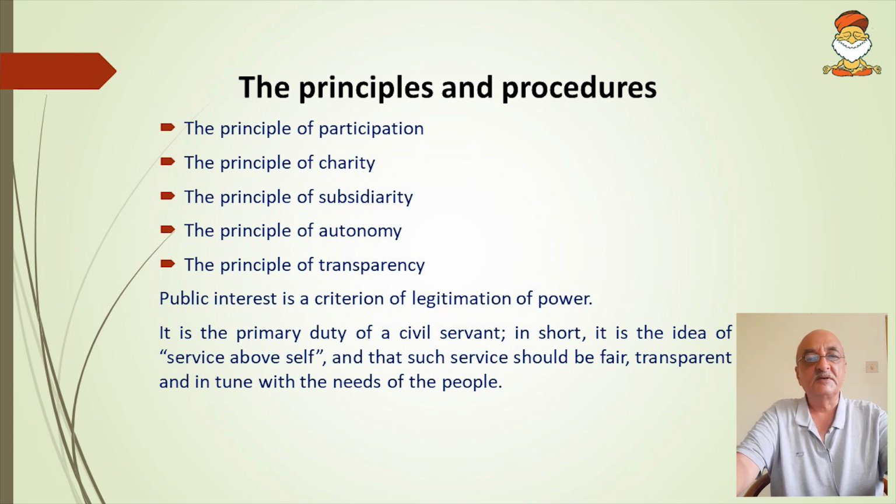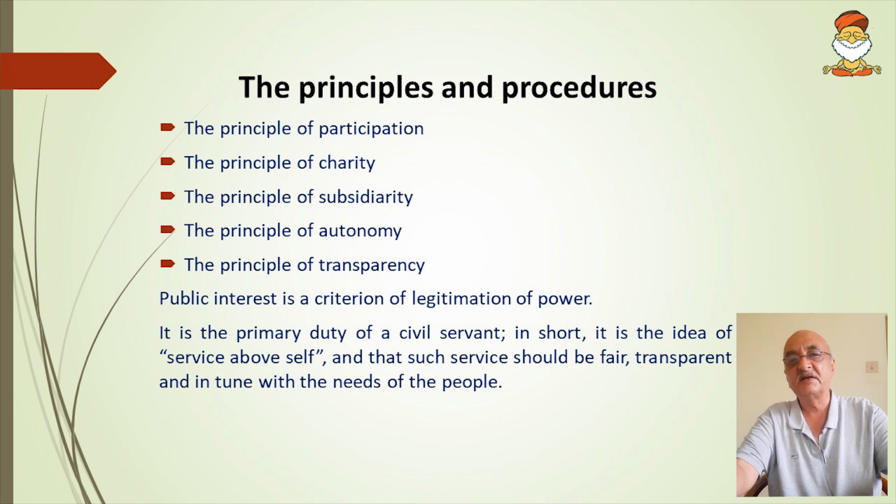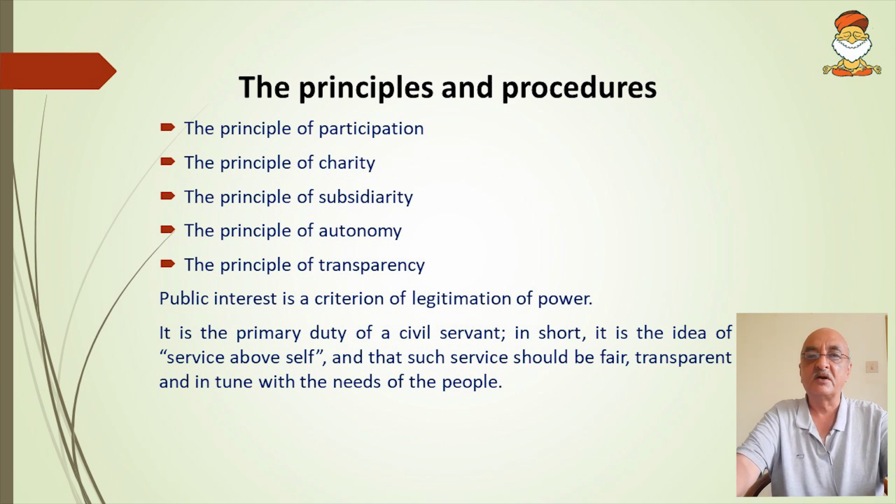The third is the principle of subsidiarity. Subsidiarity meaning decisions in public interest should be taken as close as possible to the public, meaning thereby that you can't decide what will happen in a village sitting in Delhi, meaning the union government can't decide what people on the ground level want. So subsidiarity is also about local governance that take decisions because they are meant for the people, take them as close to the people as possible.